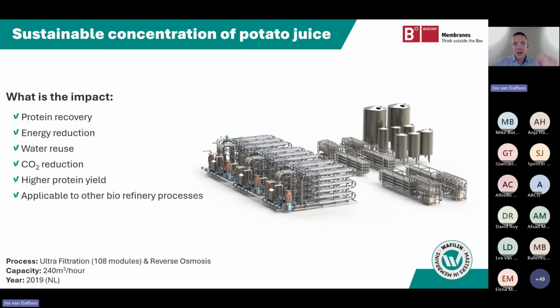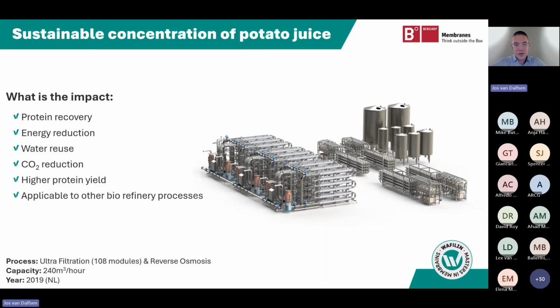So we always alternate the frequency of CIP with one of the skids. So we always have a continuous process, and we don't have any downtime during CIP, which is important in these kind of processes. In total, we have installed about 108 UF modules in this installation, and we are now running, I think, the 6th campaign because we commissioned the plant in 2019. In the meantime, we also delivered similar systems to one of their other factories in Germany as well, a bit smaller process. There we have installed 3 of these kits.